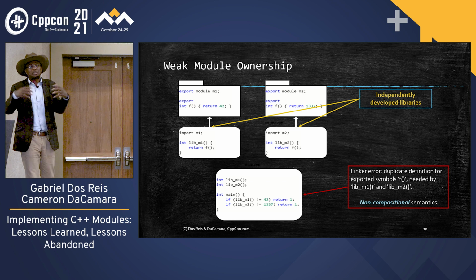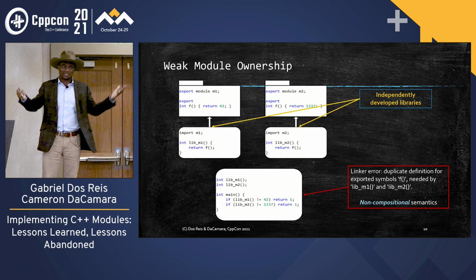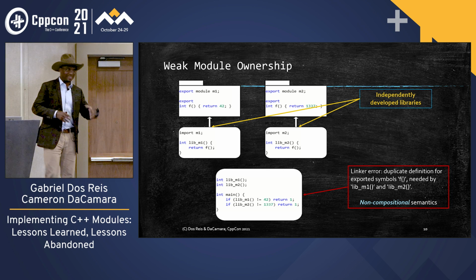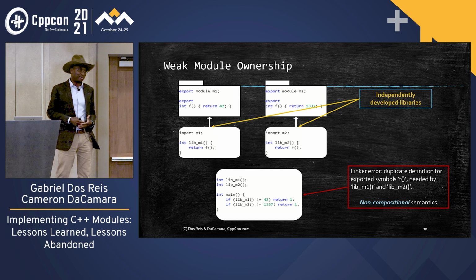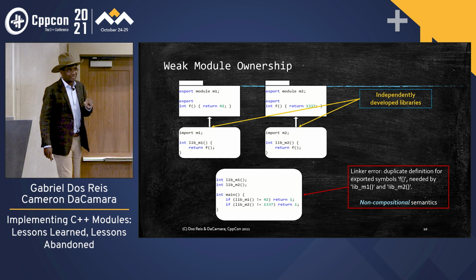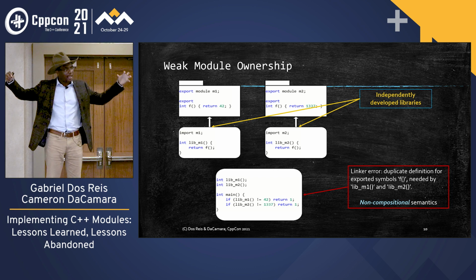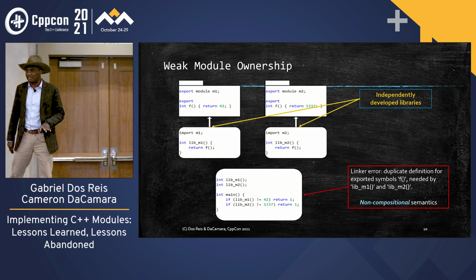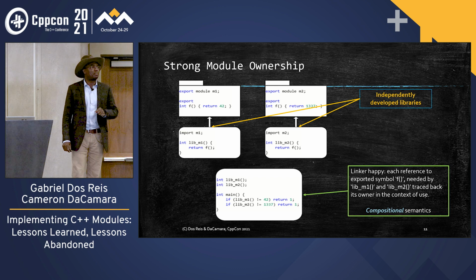So today, the language specifications say this is "no diagnostic required." But that's only because we didn't work very hard in the specification to get to an agreement. A better way of actually supporting componentization, which is that you have a compositional semantics of independently developed components, is to have a notion of strong module ownership,